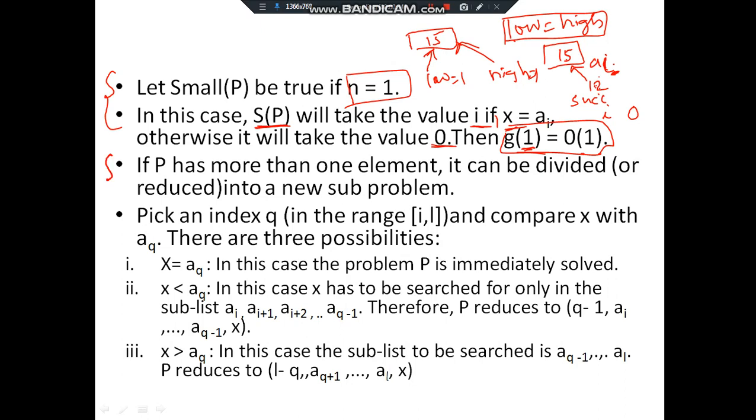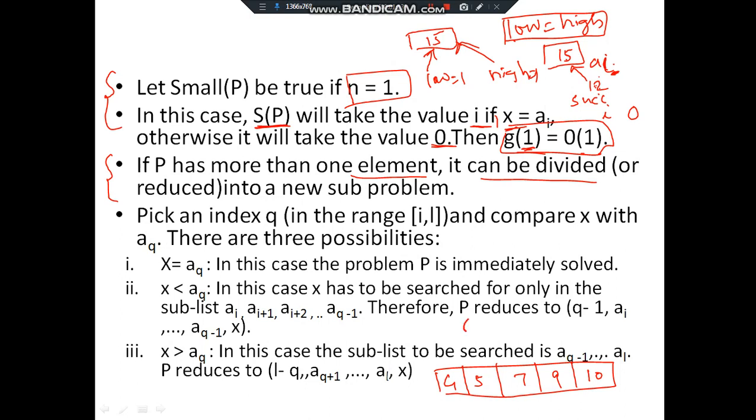Now the next thing is, this is if P contains only one element. If P has more than one element, then we have to divide the problem into subproblems. So let us say this is an array with 5 elements, 1 2 3 4 5, and let us say these are the elements present here. As we have told, the array should be sorted, in increasing or non-decreasing order, so we will consider this one.